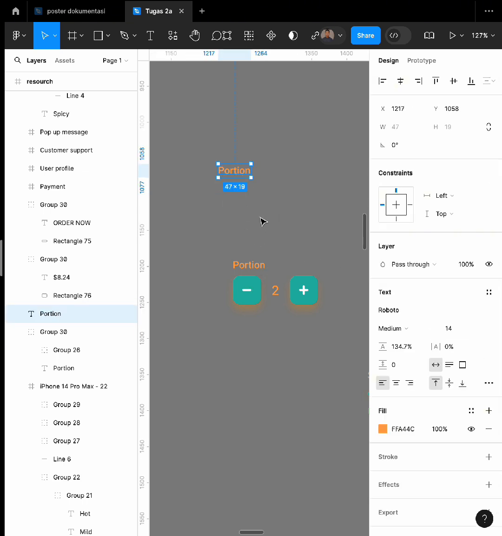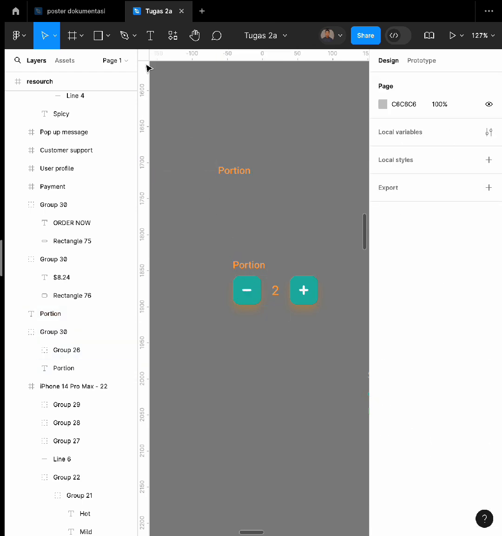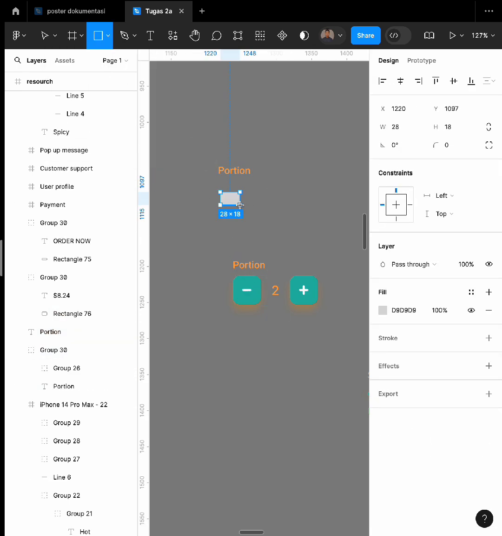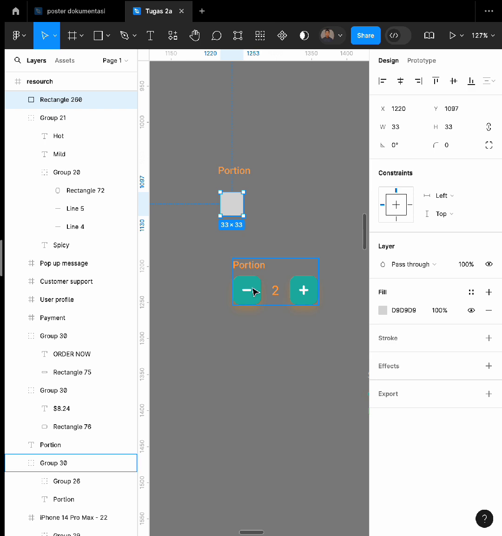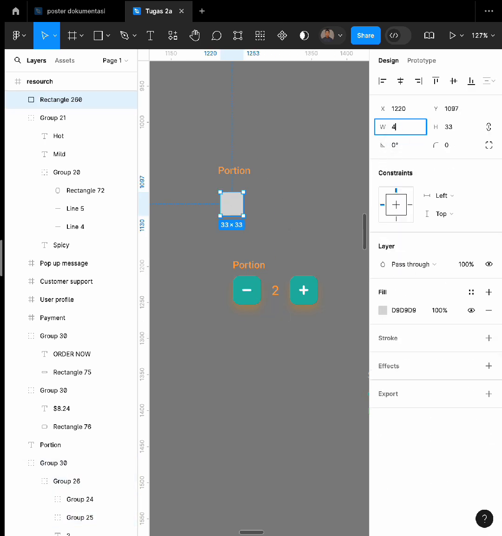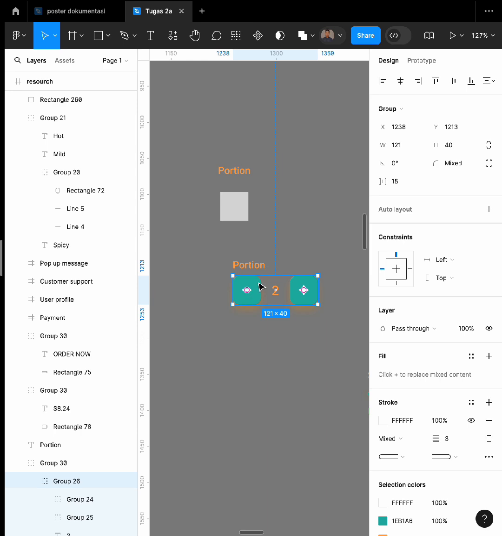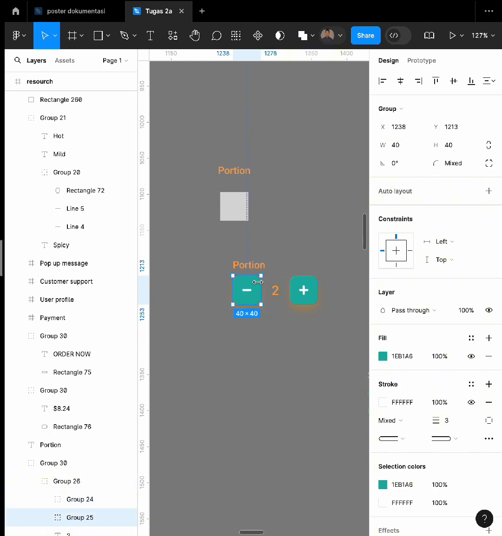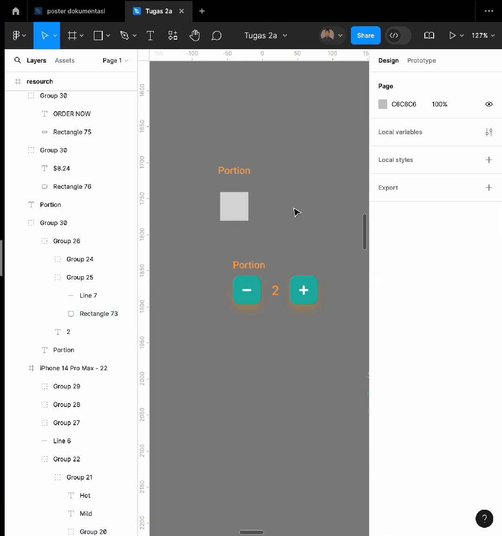And create some rectangle with the size is 40 and 40, width 40 and height 40. With the corner radius it is the 10.